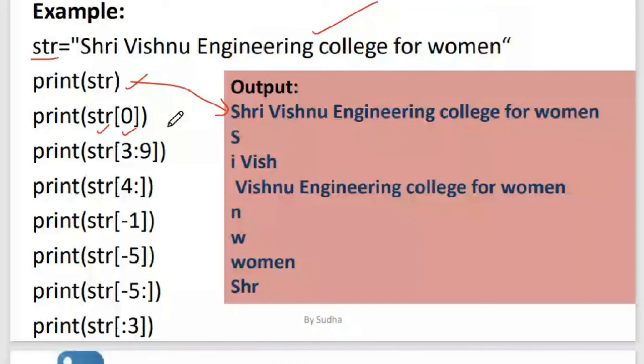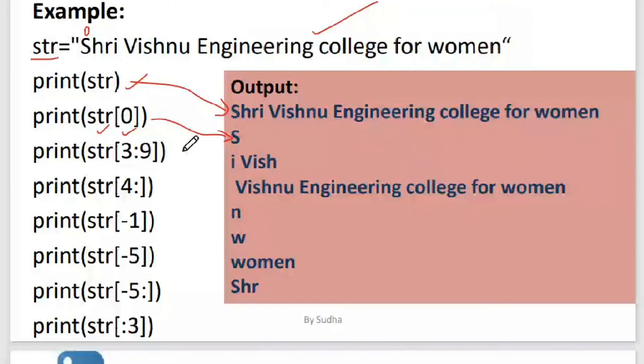So even here, this 0, 3, 9, and all that are the index numbers, starting from 0. What is the character at the 0 index? It is this one, S. So str[0] will print an S on the screen. This is the output of this print statement.